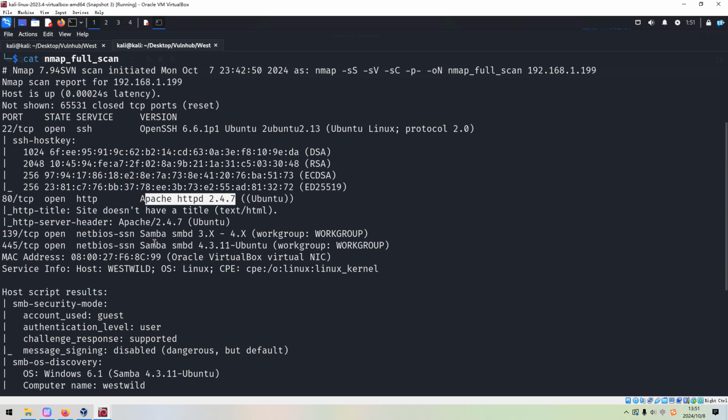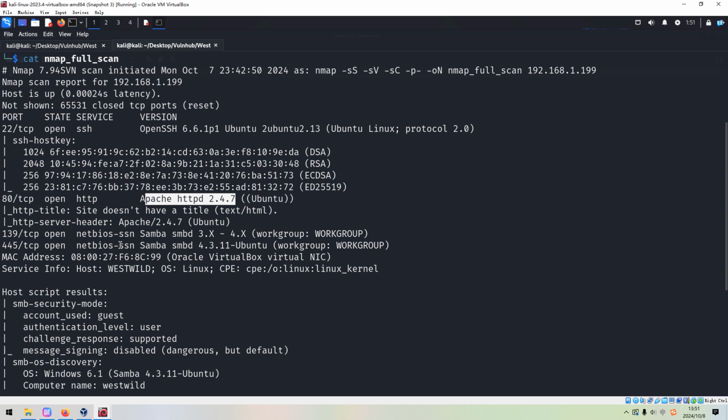So just as I mentioned in the other videos, if you have already followed my channel, if the target machine has file sharing service running, such as Samba, NFS, and FTP, such a service should be the first choice to enumerate. This case would be Samba. So how to enumerate?